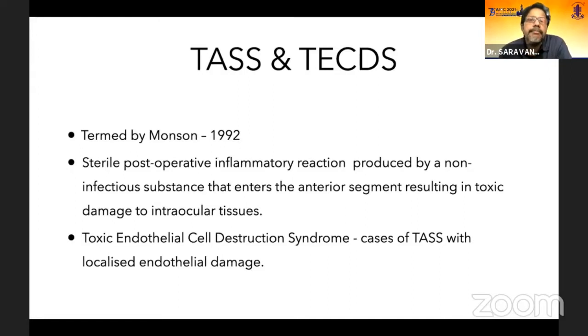One more thing which you have to keep in mind is the toxic anterior segment syndrome, and also the toxic endothelial cell destruction syndrome. Here what we see is limbus to limbus corneal edema with a relatively white conjunctiva. Usually the ultrasound will show that the posterior segment is totally free of any changes, but sometimes you can get a little bit of inflammatory vitritis, especially in the anterior and inferior lower vitreous because of gravity. Occasionally you get a minimal amount of vitreous involvement also, but usually only the anterior chamber is involved. The IOP may be normal or high, or sometimes even low in some of the cases.